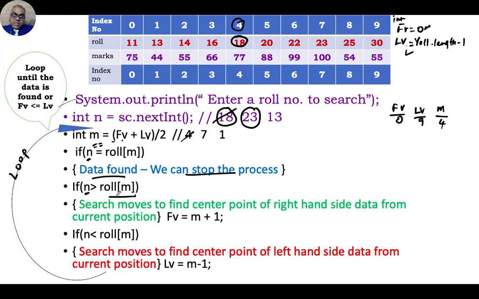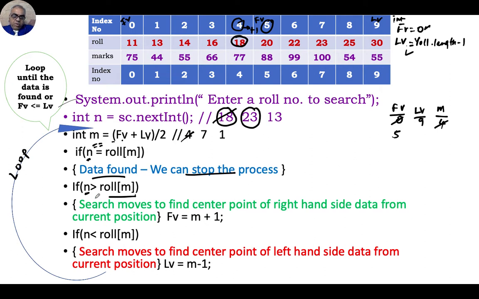Yes, 23 is greater than 18. Therefore we will now have to move our pointer. The FV which was here, I want to be here, which is my central value plus 1, because my LV is already 9. LV is already 9 in the memory. It is the FV which, whatever 4 plus 1, will become 5.